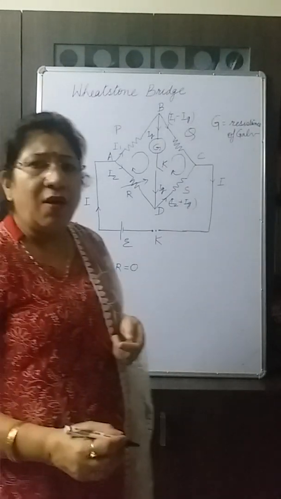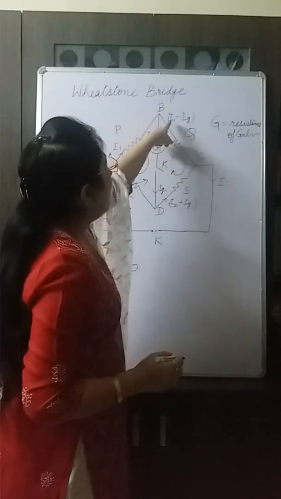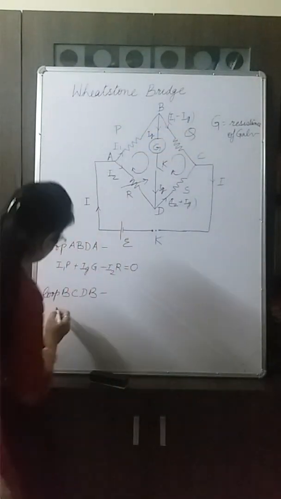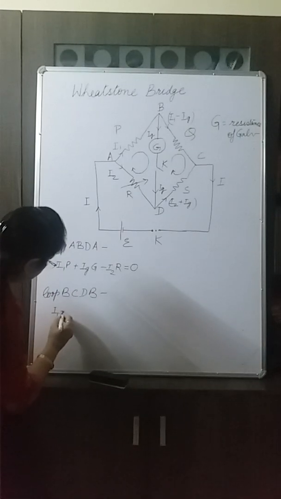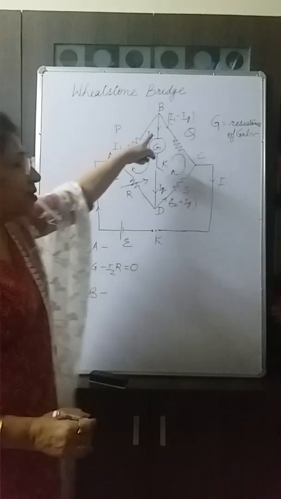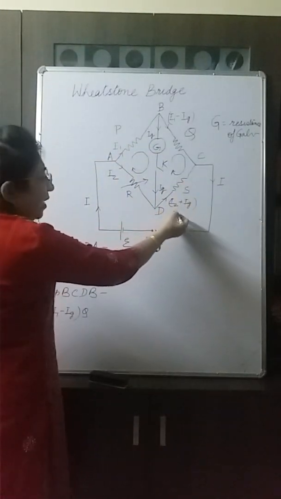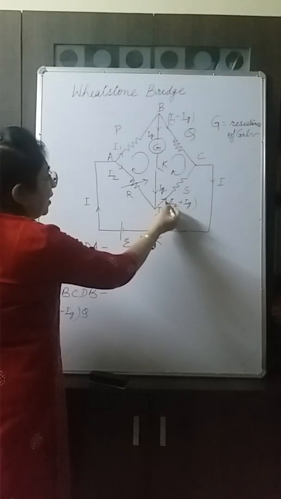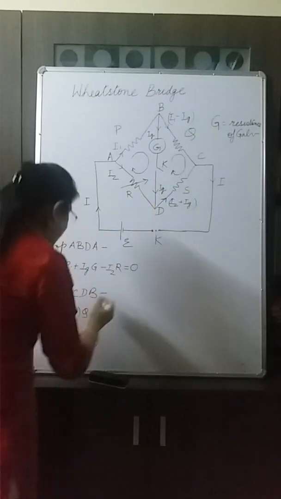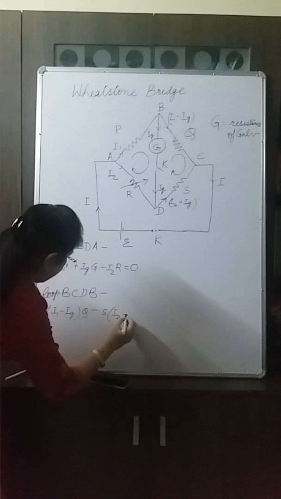Applied Kirchhoff's second law again here. So starting from B, we have I1 minus Ig in Q. The current direction is same as the direction of the traversal, and here S, current is in the direction opposite to the direction of traversal. So minus S into I2 plus Ig,